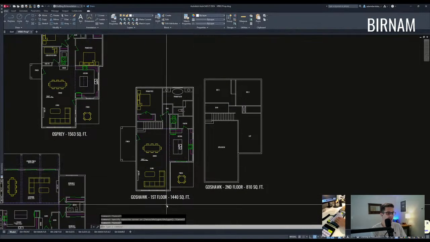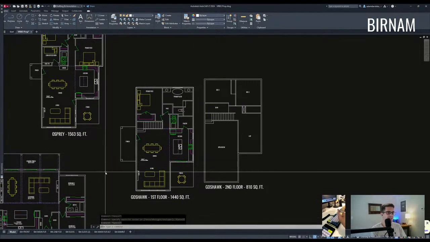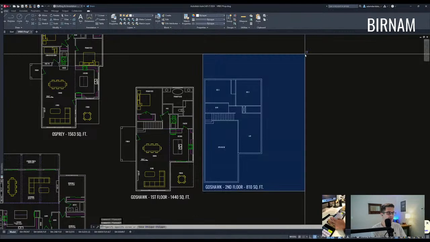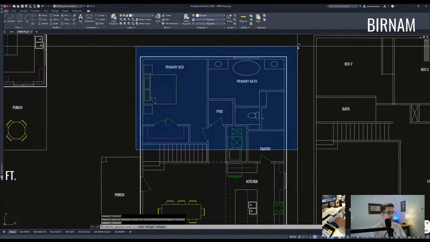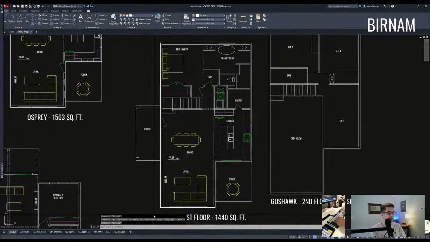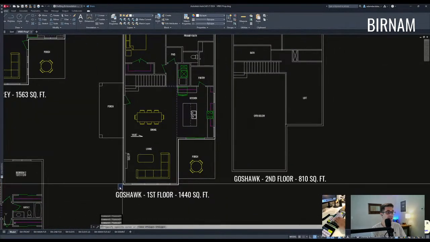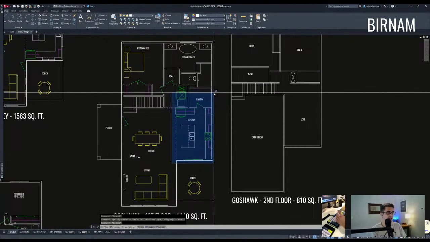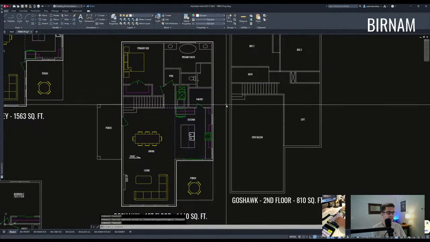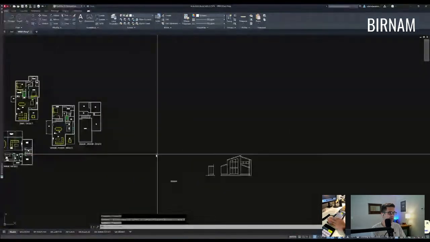And then this 5th one, the Goshawk. It's a variation on the Osprey, but I put a 2nd floor on it. So stretch this out, put some stairs in here, reworked the primary bed and bath area, but kept this main living area the same. So this is now a 2-story vault. And this loft area sits above the kitchen here, overlooking the dining and living below. Okay,